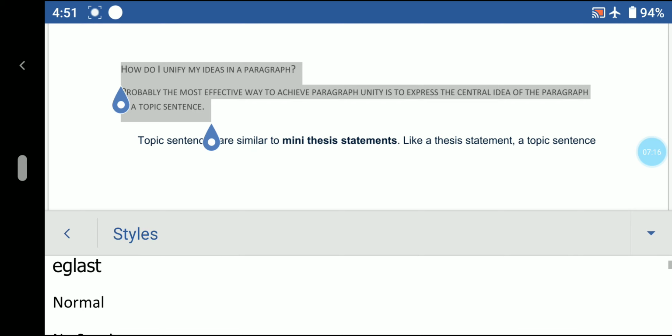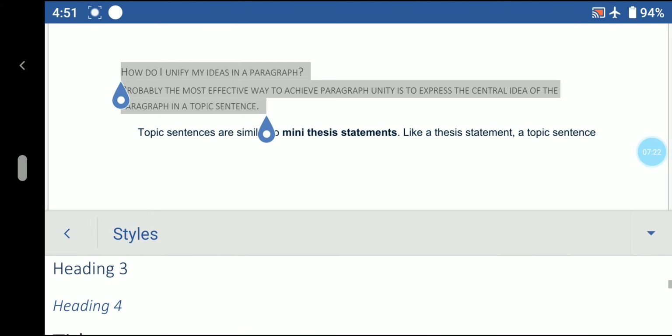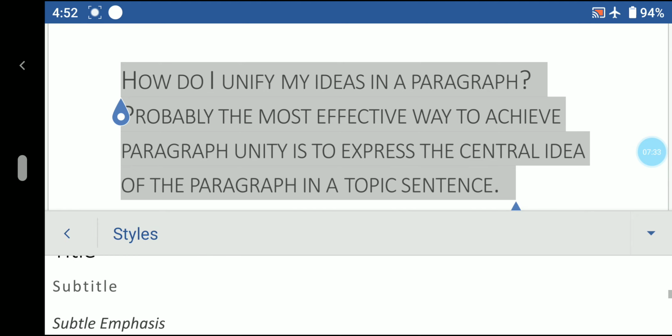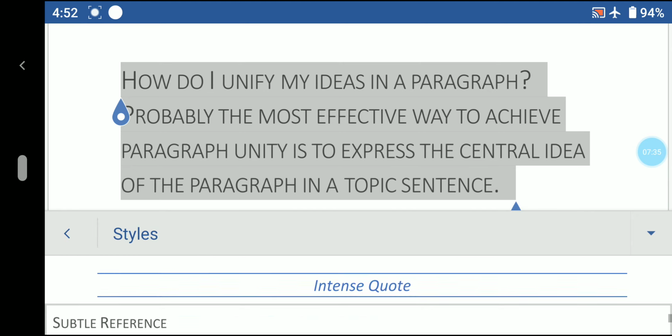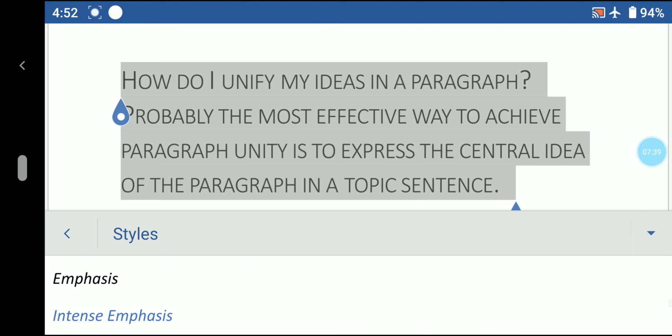I have tried Heading 3 and almost all of the styles present over here. Title one will look like this. Once more I am checking that we have done all. Yes, we have applied all the possible styles present.